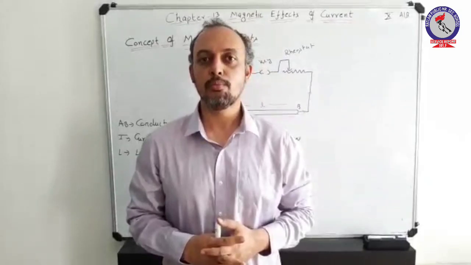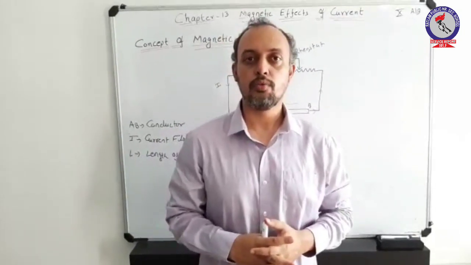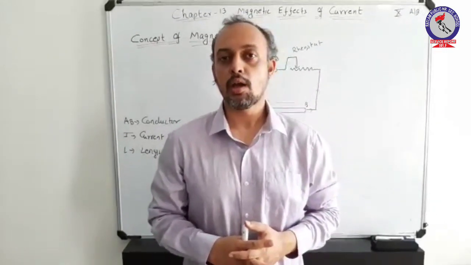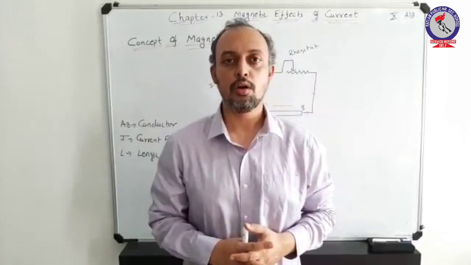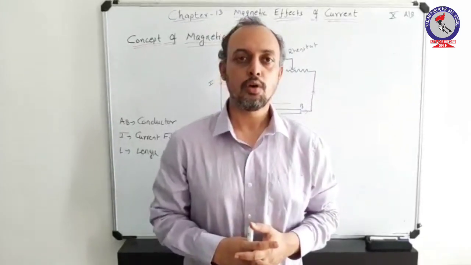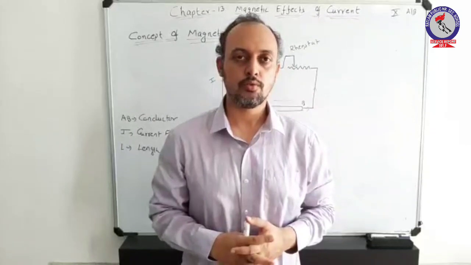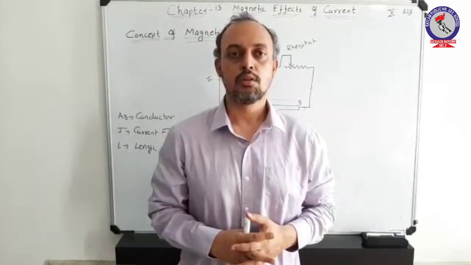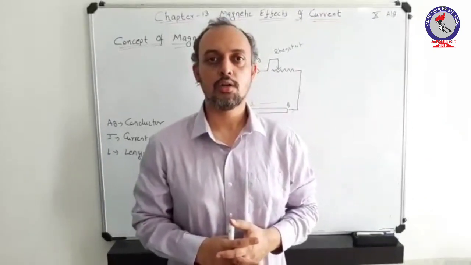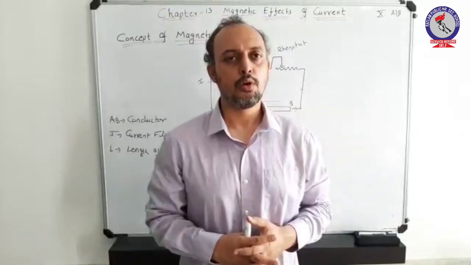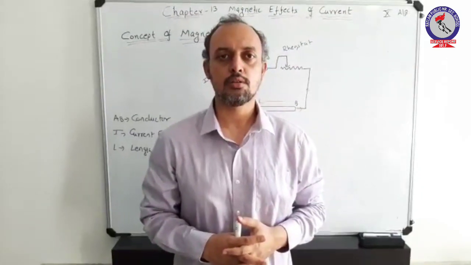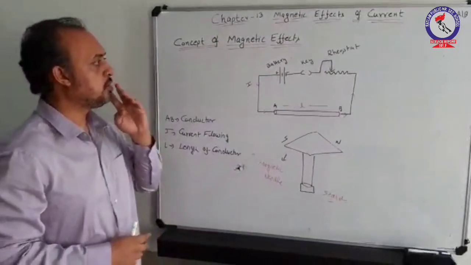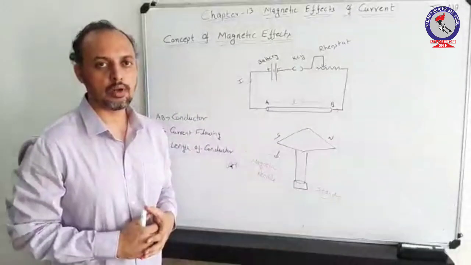Hence, you can simply imply how magnetic effects are created. But there is one important point to be remembered, that the actual magnetic field can only be created by a permanent magnet. So what are the actual magnetic effects of current? Let us understand this topic with the help of a single arrangement. This concept was actually initiated by the scientist Ørsted and modified by various other scientists and physicists. So let's start, as you can observe, we have to study the concept of magnetic effects.